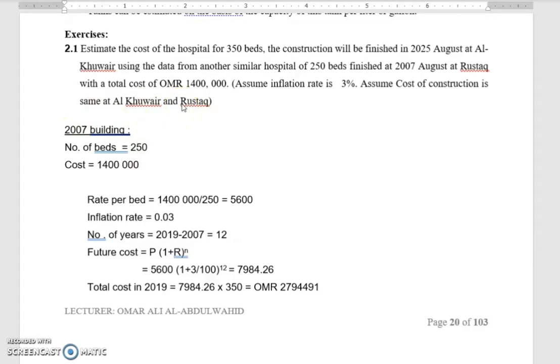So why are we putting this note here? Because Al Khuwair and Al Rustaq are different localities, different locations, far away from each other, so there should be a difference between them. Here we are assuming that the cost of construction is the same in Al Khuwair and Al Rustaq, so there is no difference here. Okay, so in 2007,